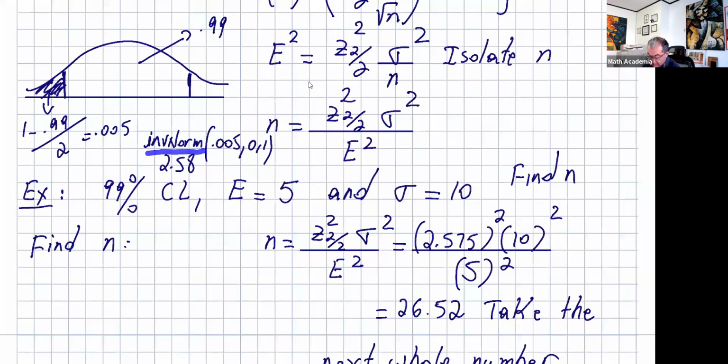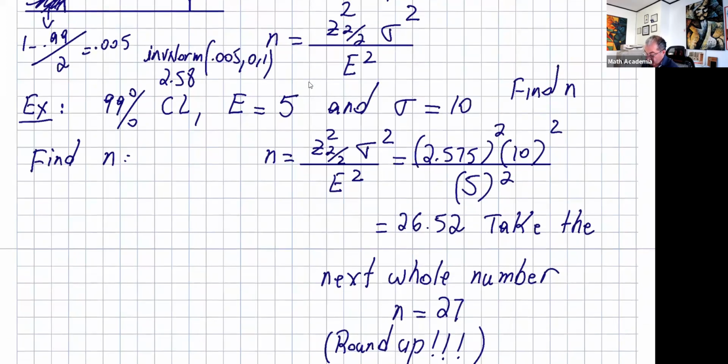So you can do inverse norm 0.005, and you get 2.58, but that's the special one too. We use 2.575 times sigma, given in the problem, 10 squared divided by E, given as 5 squared. If you do that, you get